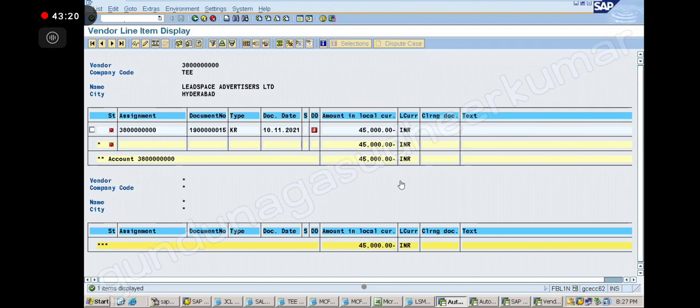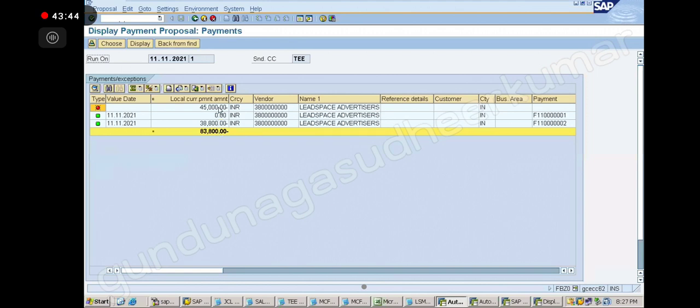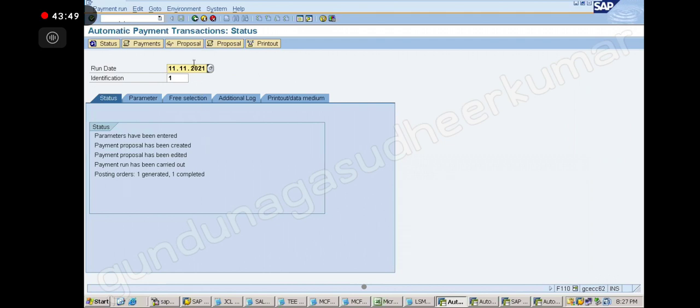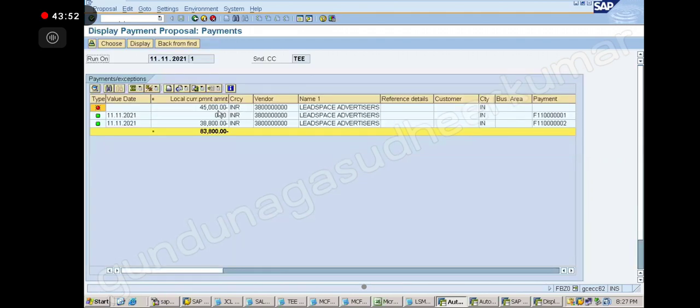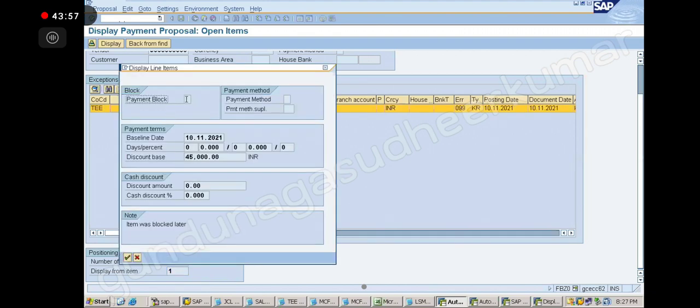So it's just trying to confuse you, right? If you say no, I can go to the proposal, open the proposal, I can remove the block, they will ask you again, right? We can do that only in that proposal at that moment of time. So now even if you want to unblock it, you cannot do it now, na? Is it possible to edit the proposal now? It is already passed. Correct or not? Now payment is also over, na? Can you unblock it now? Impossible, right? It will not give a chance.